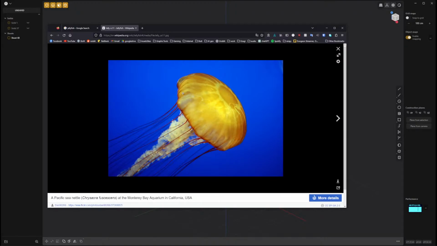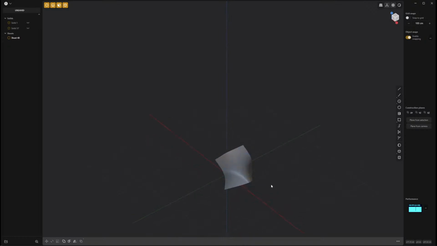What I want to try and do is get that happy accident where I get this shape, and then we can radially array it and then loft between them,